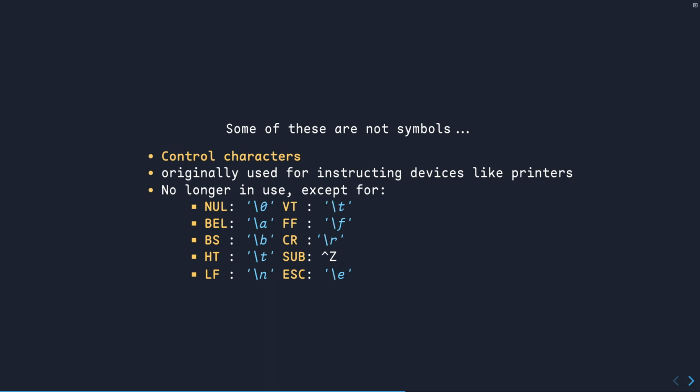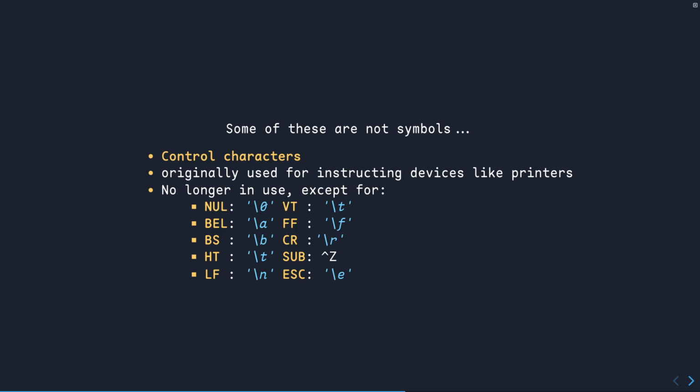As you might have noticed, we have a few things here that are called control characters. These were initially used for devices like printers. If you had a printer connected with a parallel printer cable, it would receive literal ASCII codes which would say things like go and pull the paper 1 line further and print there. That's what the control characters were for. But because we no longer use that technique for instructing printers, because printers can now print images, which is way more complicated than anything ASCII can represent,